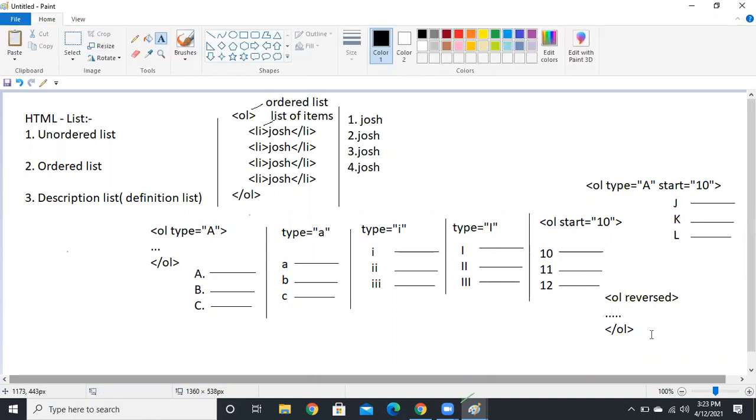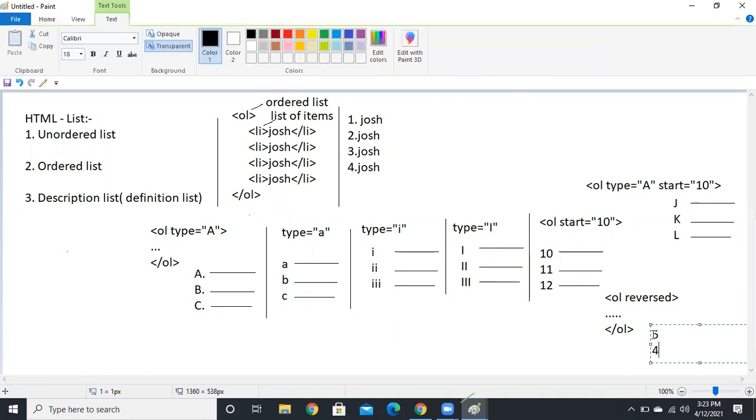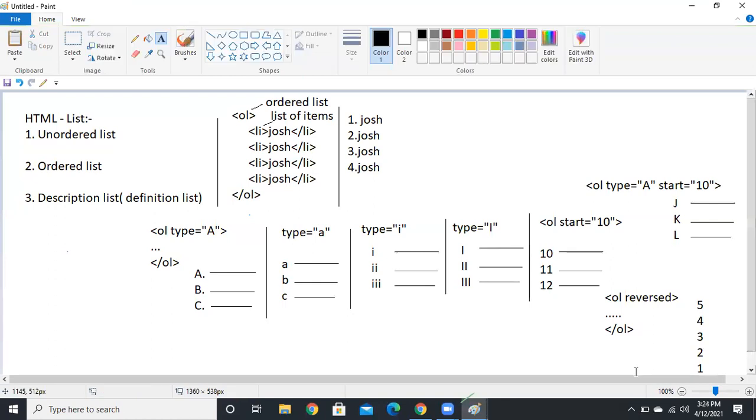Then your listing goes from, suppose, 5, 4, 3. Like this case. Understood, right?